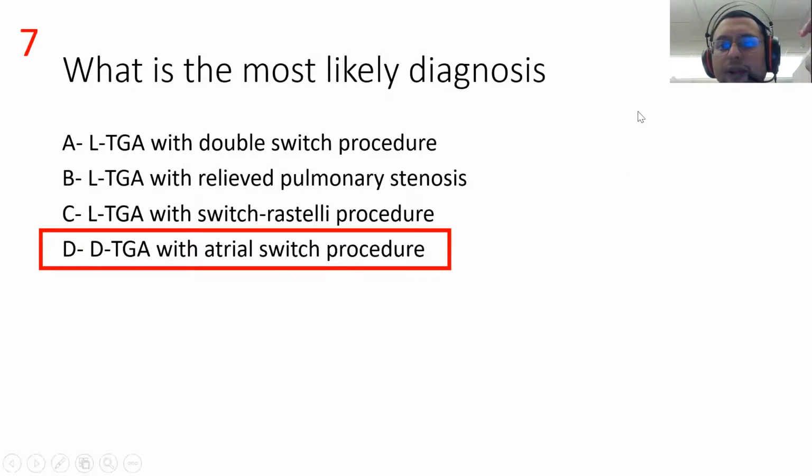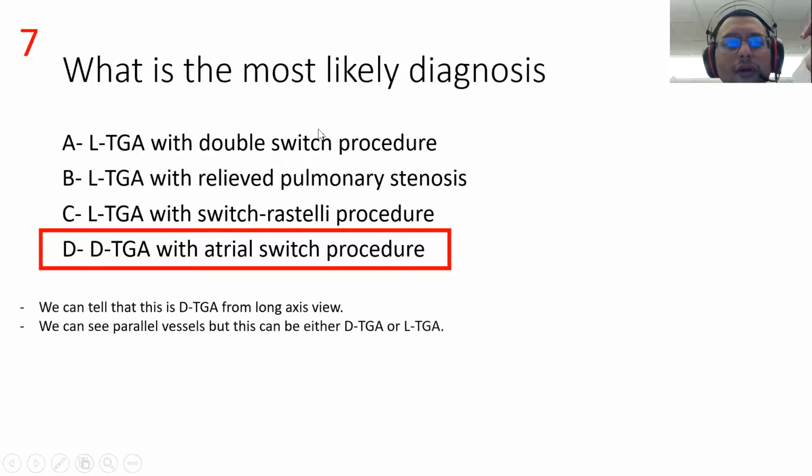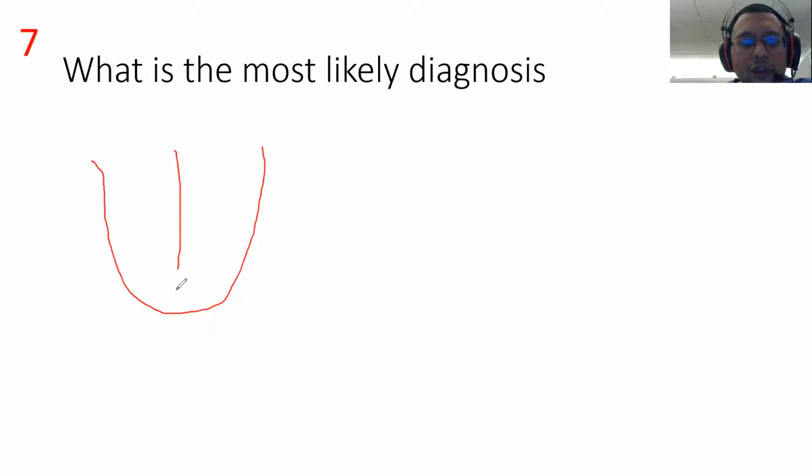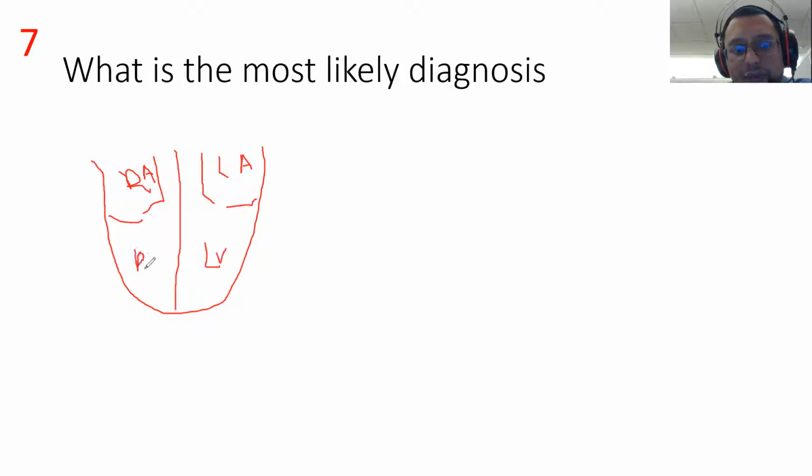Once and foremost, whenever you assess morphological heart in congenital heart disease, you have to look at the atrial level first. Is this LA? Is this RA? Is this LV? Or is this RV? So if we say this is LA, that is RA, that is correct. That is called situs solitus. Now if this is LV and that is RV, that is also correct. So what you have is